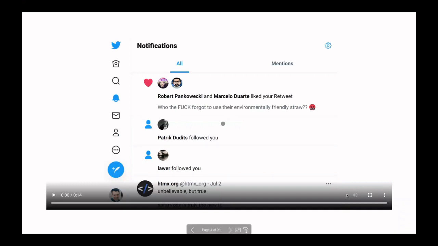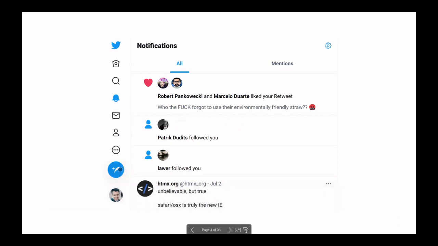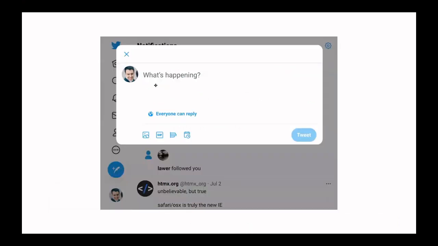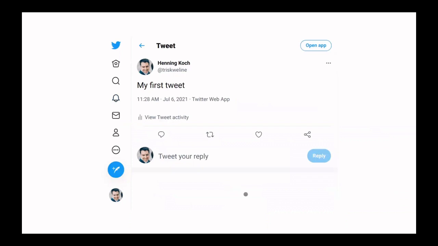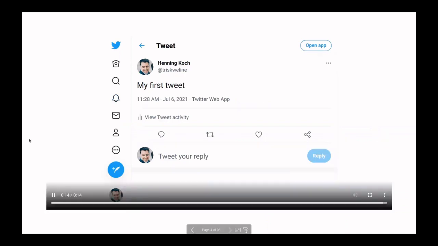I have a short video here for a running example that we will be using. This is Twitter. I think many of you know it. I have this short scenario: I want to write a tweet. So I click on the new tweet button and I enter the text for my tweet. And then I press tweet. And then I see the new tweet on my timeline. This is an example that we will be using a bit in the next slides.